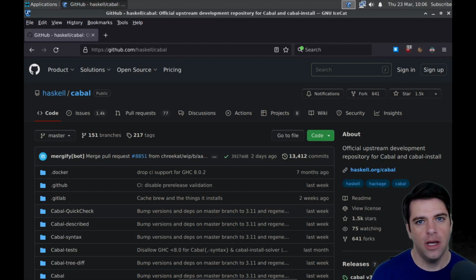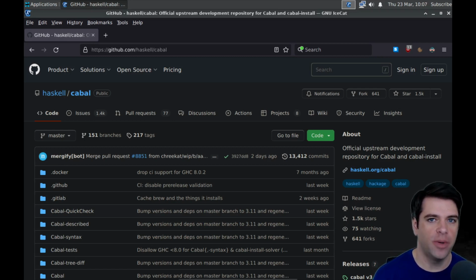The theme for the past couple of weeks has been Haskell build systems, Haskell packaging systems, things in the Haskell environment that are related to building, packaging up your software, distributing your software, stuff like that. Last week, we took a look at the Hadrian build system, which is a build system customized to the GHC Haskell compiler that's used for building the compiler.